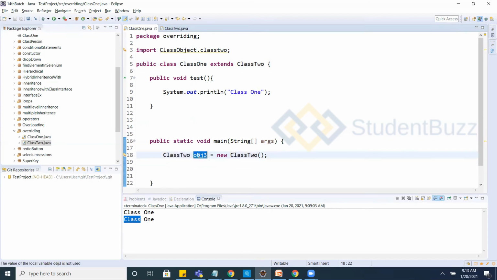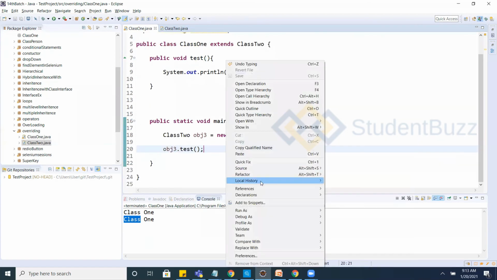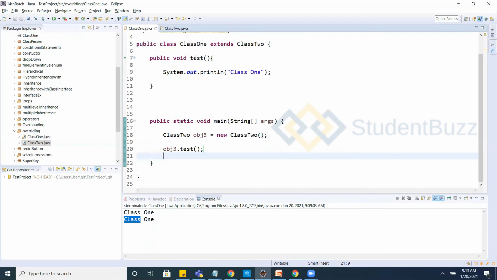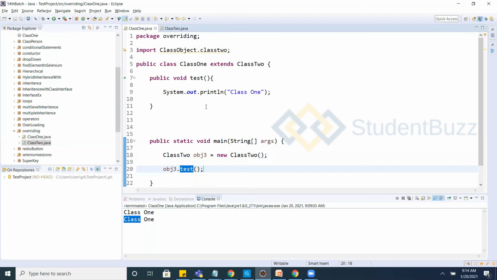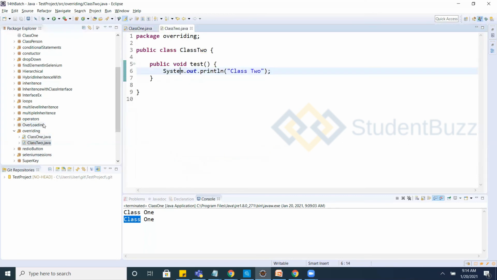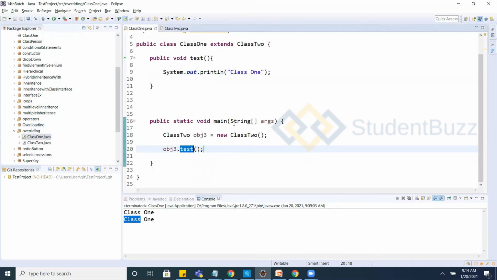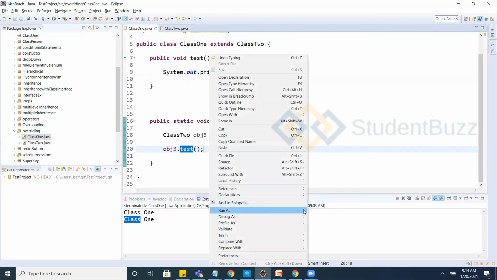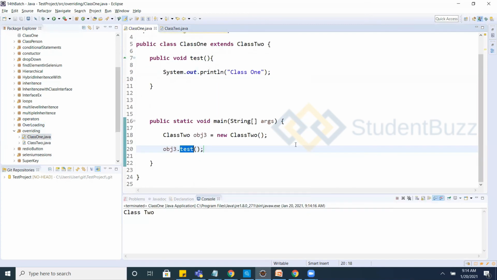When you are calling object 3 dot test, the method is in the child class as well as the parent class. Class 2 also has this, right? Class 1 and class 2 both have the test method. The class 1 object we are creating gets executed, and class 2 gets executed.